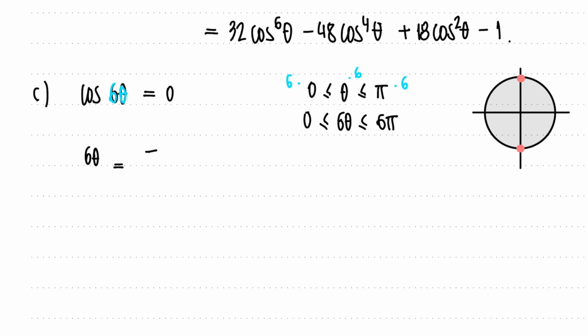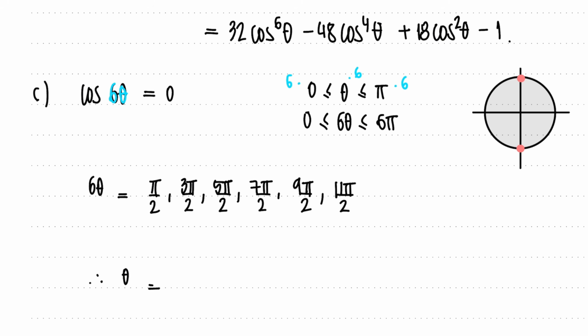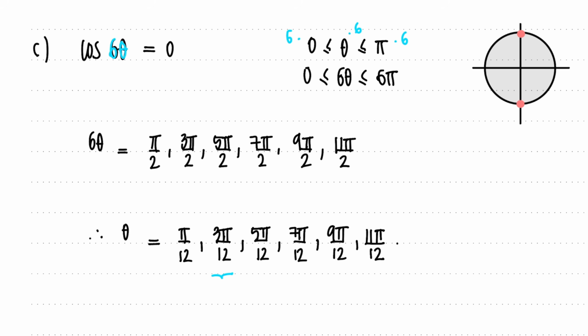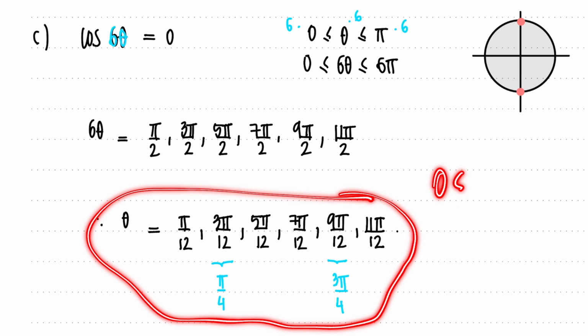So 6 theta is pi over 2, 3 pi over 2, 5 pi over 2, 7 pi over 2, 9 pi over 2, and 11 pi over 2. Therefore, theta is all of these arcs, all of these angles divided by 6. So we have pi over 12, all of these guys over 12. Now, do you know that 3 pi over 12, well, this guy can be rewritten as pi over 4, and 9 pi over 12, this is 3 pi over 4. Now notice that all of these arcs, all of these angles, they are in between 0 and pi,